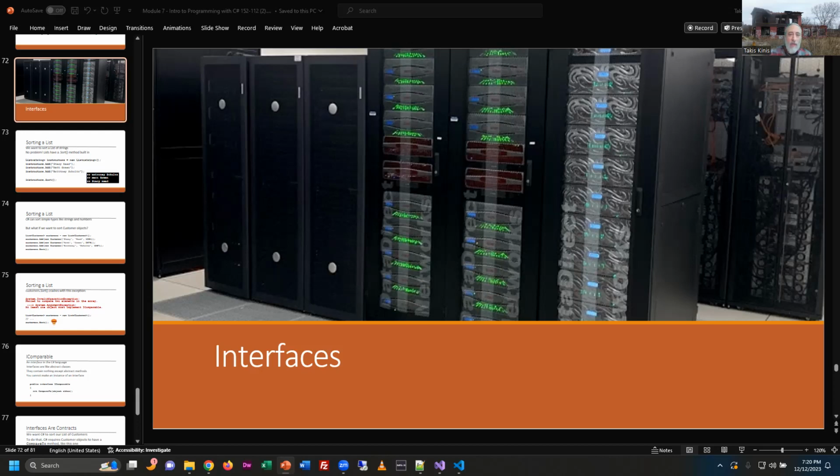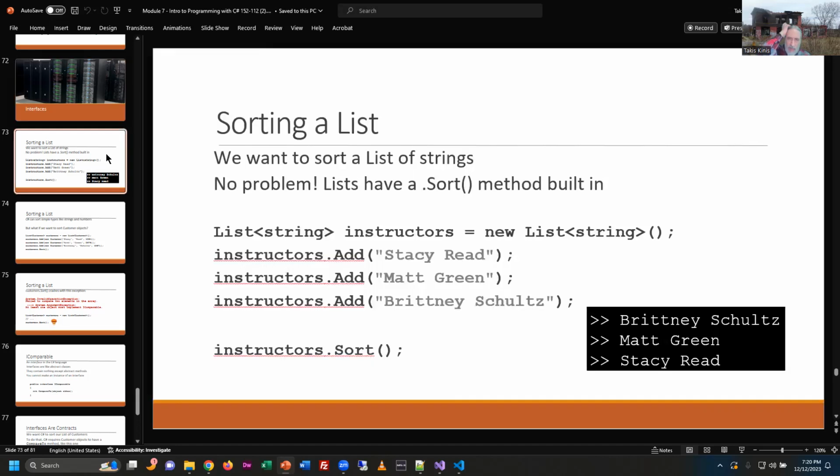And we are going to talk about this other important class-related concept called interfaces. And we're going to begin in a weird place with that, because we're going to ask a question about doing something with code before we learn how to do the interface component of it. But let's just say, for example, if we were working, let's say we created a list of